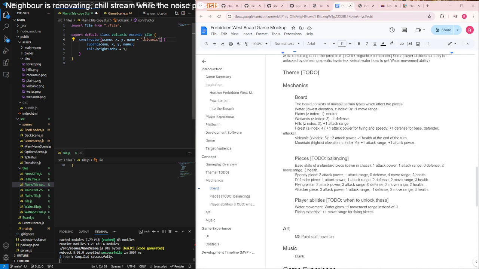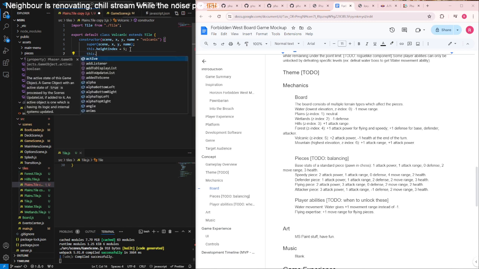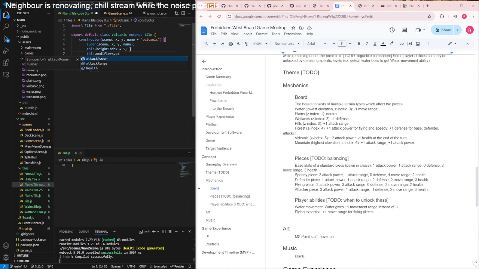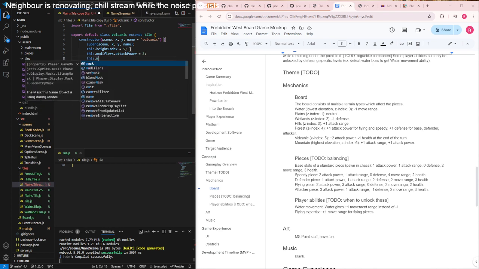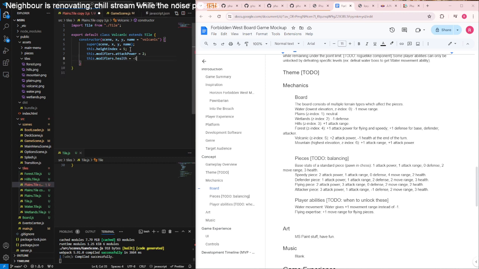This will be the same but with a small. It's on 5. It has an attack button. Still. It has a modifier of health -1